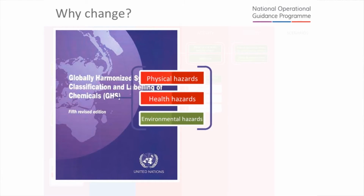Environmental hazards, you'll see it's green, and that is because we have already produced the piece of guidance environmental protection, which you may remember seeing in the framework. So that piece of work has already been done, so we aren't going to look at that in detail, we will just do a gap analysis to make sure that everything's covered there. So it's this top structure that we intend to use for our guidance,